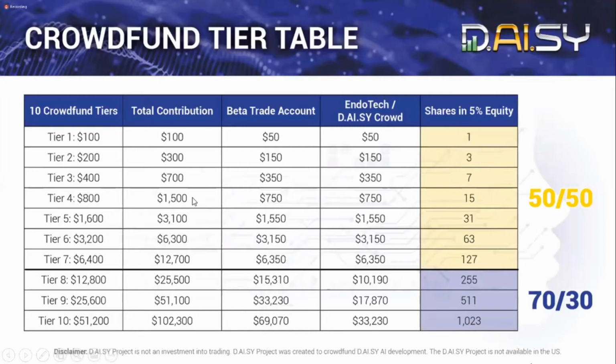There are 10 different tiers that you can contribute to. I've already spoken about $100 being the smallest one. And I like that. I like the fact that anybody essentially could participate here. Even a family that didn't have $100, maybe 3 or 4 in the family could come together, put $100 together and make a contribution. What actually happens is $50 will go trading, and the other $50 goes to the marketing